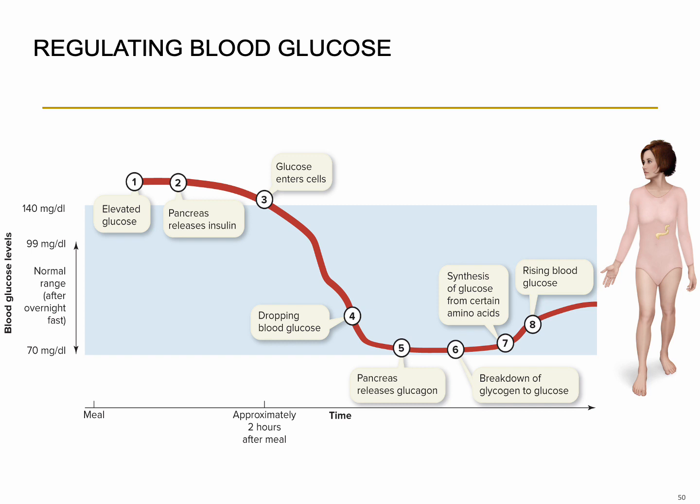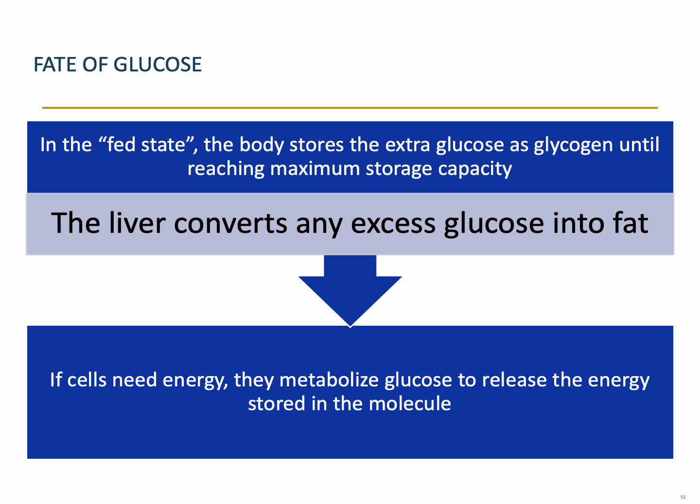And when you test your blood sugar, it's important to note how recent the last meal was, because the normal blood sugar range, approximately 2 hours after a meal, you want that blood sugar to be somewhere between 70 and 100. So we'll refer to these two states several times this semester, but you have the fed